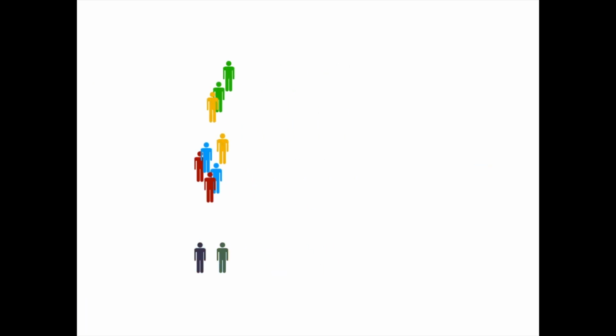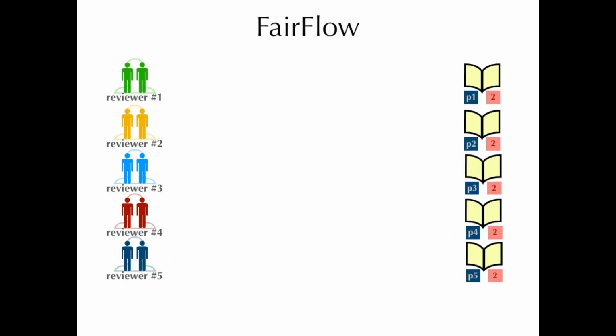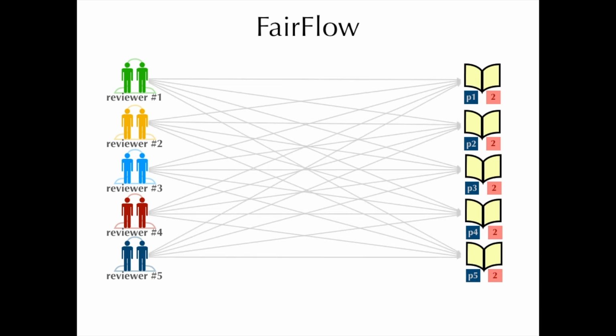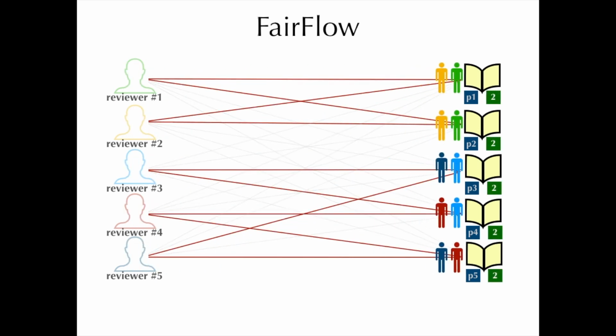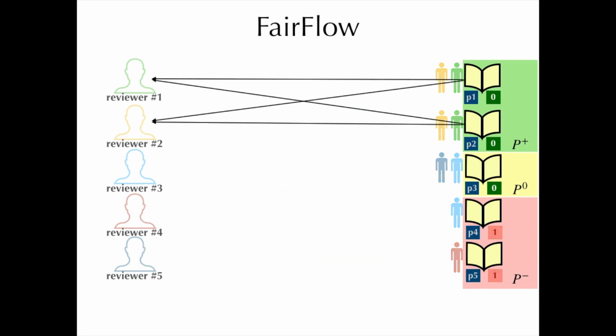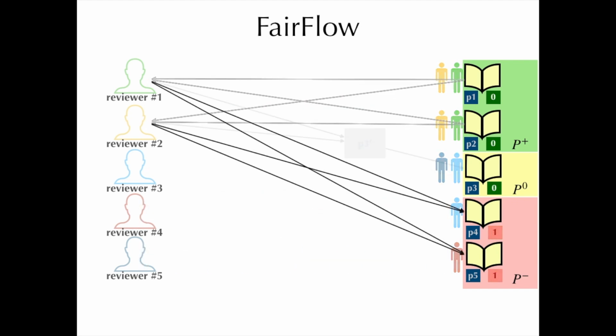Our second algorithm is FAIRflow. FAIRflow is twice as fast as FAIRer and up to an order of magnitude faster than other fair matching algorithms. FAIRflow works by solving a sequence of specifically constructed min-cost flow problems. The central idea of FAIRflow is to iteratively reroute high-scoring reviewers from the best-off papers to the worst-off papers.